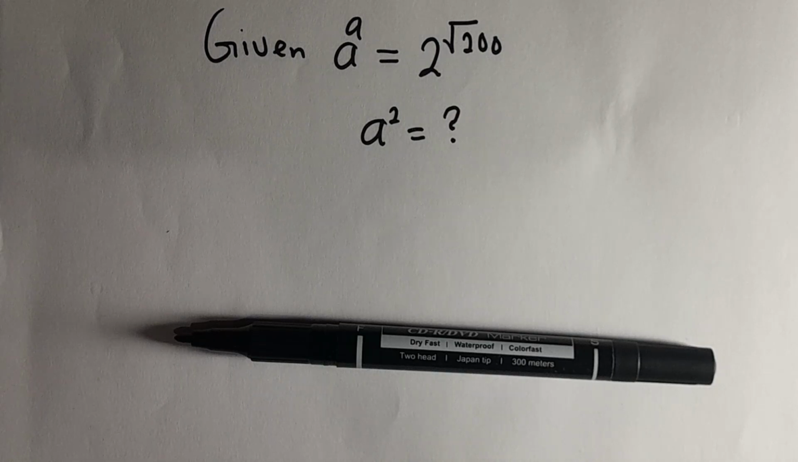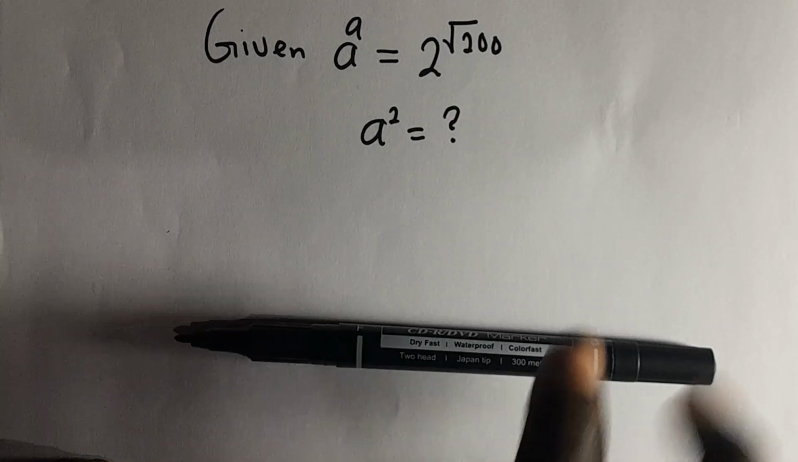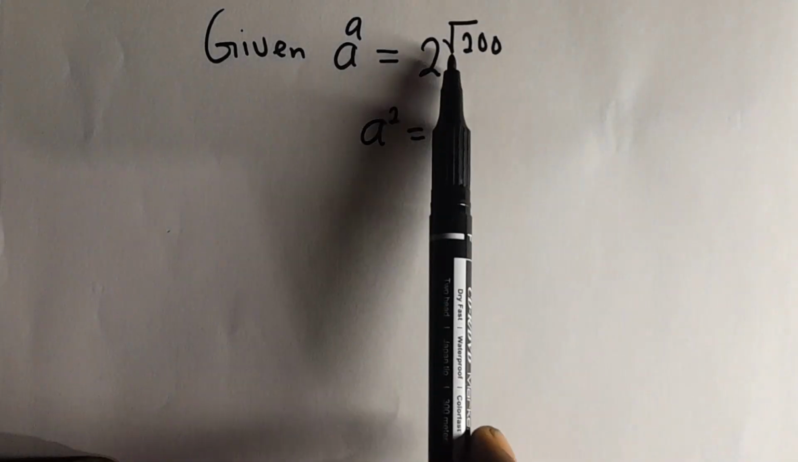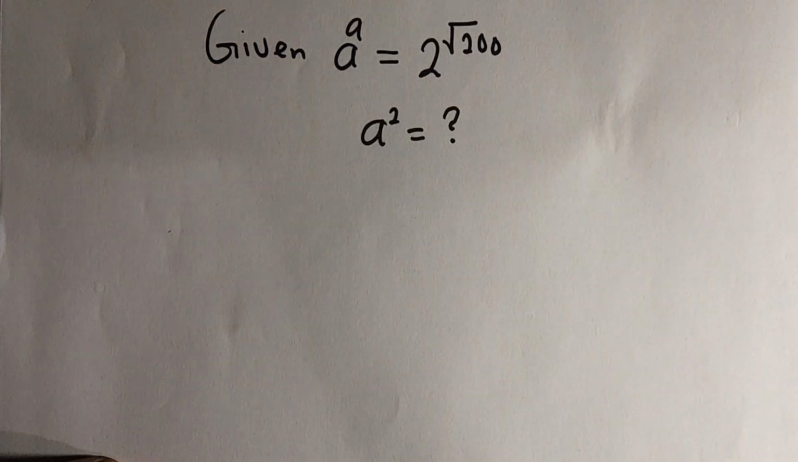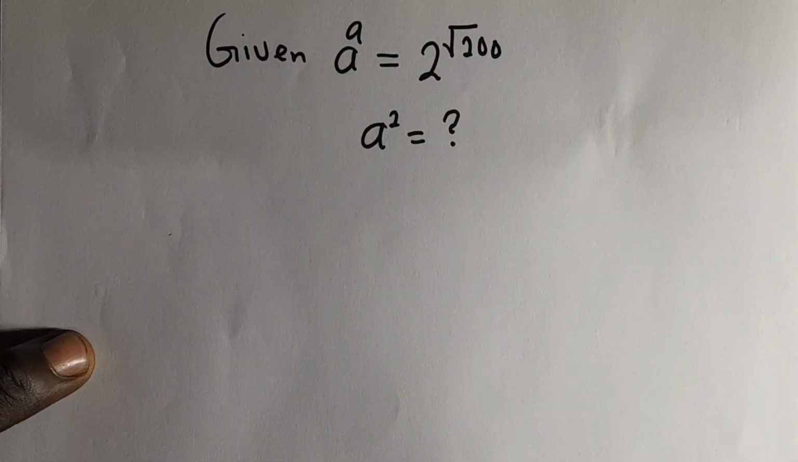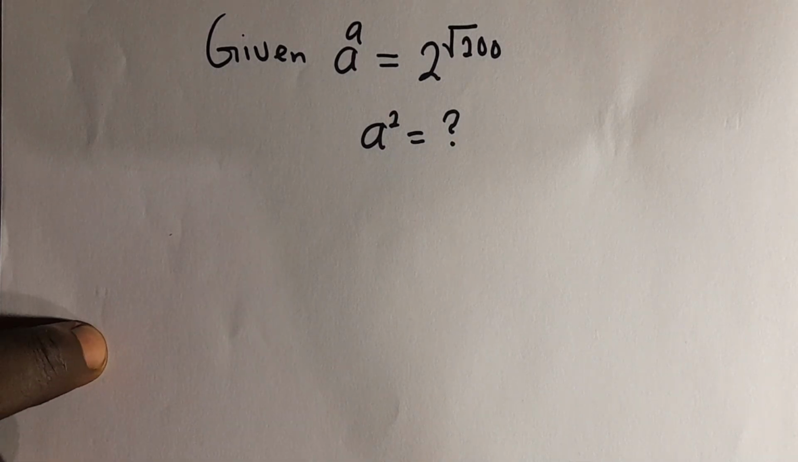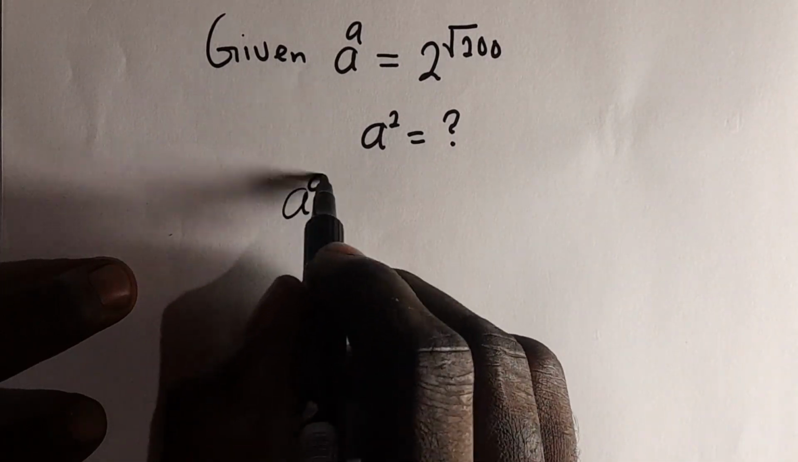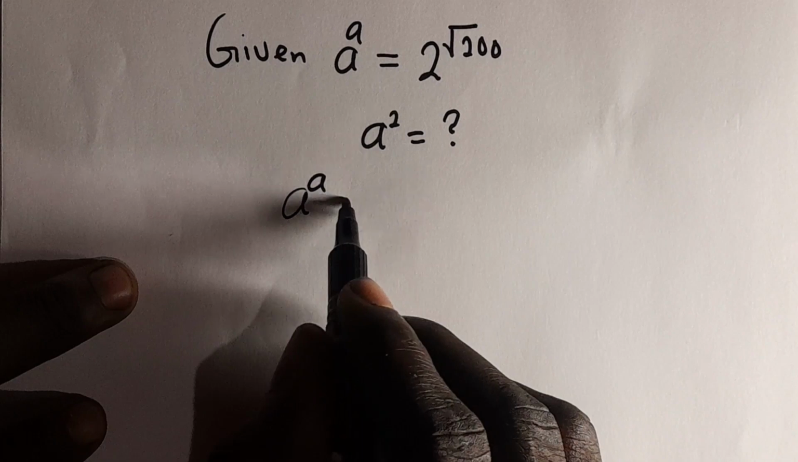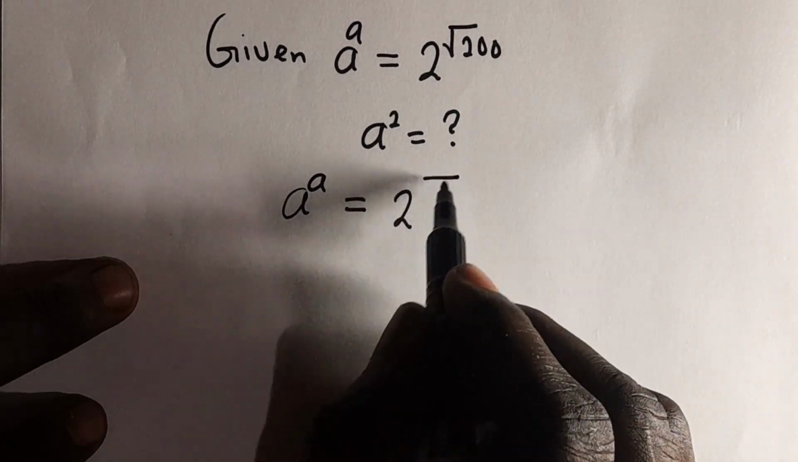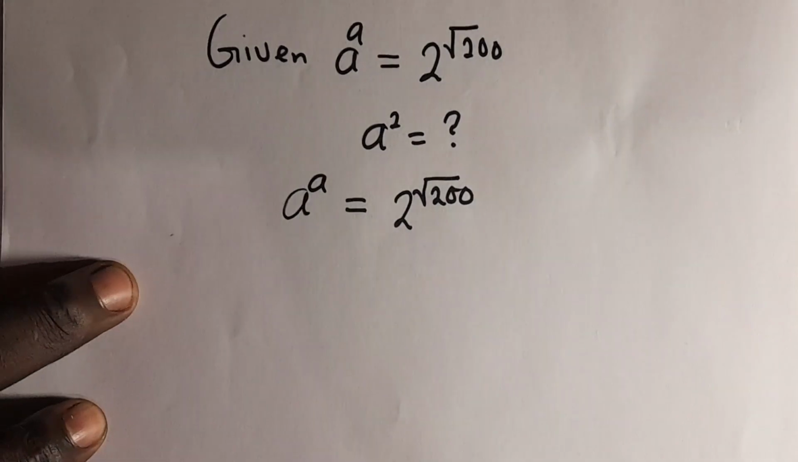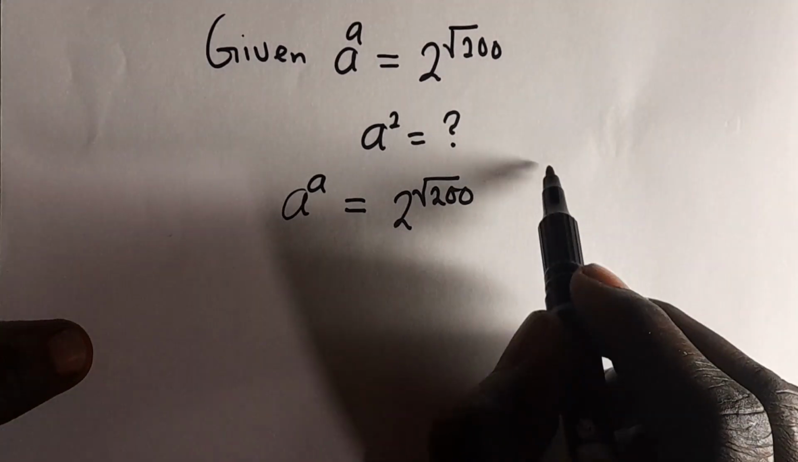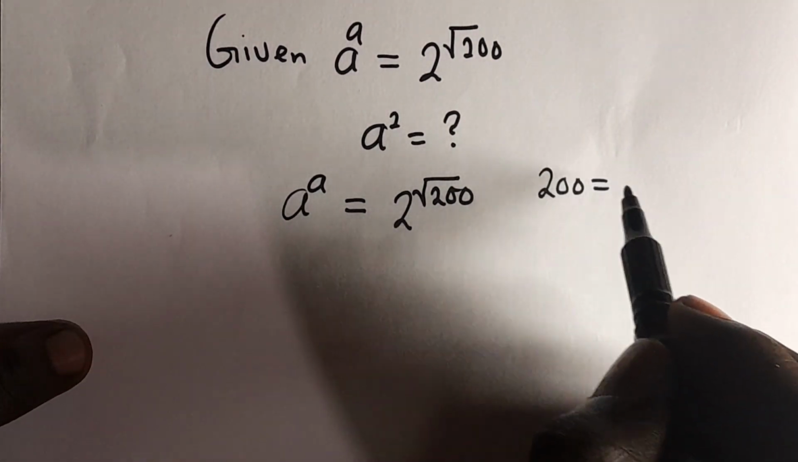Today we want to find the value of a square given that a raised to power a equals 2 raised to square root of 200. Now from here, let's recall we have a raised to power a to be equals 2 raised to square root of 200, but we believe that 200 is equivalent to